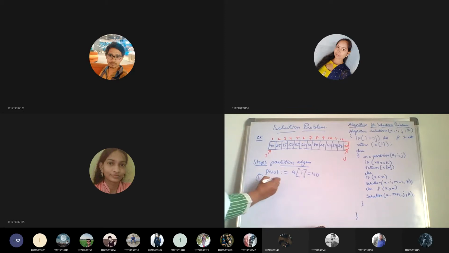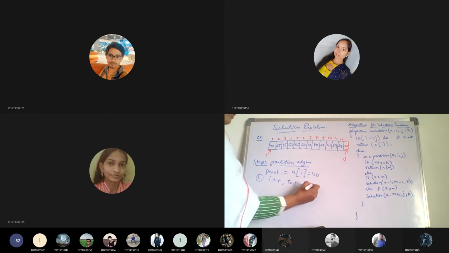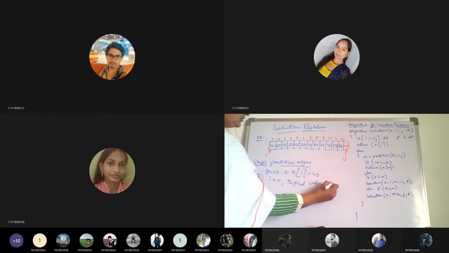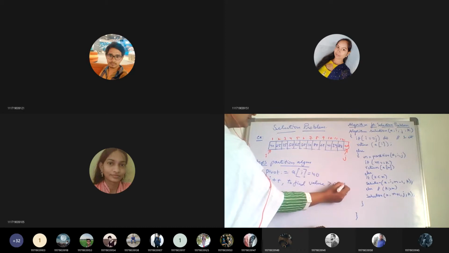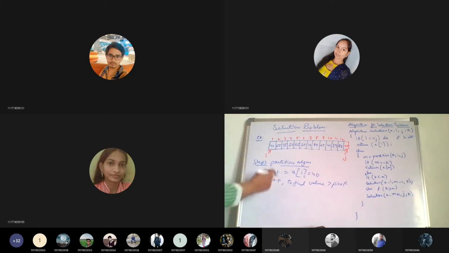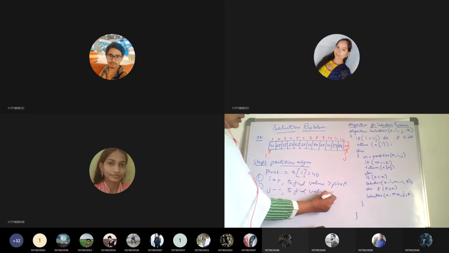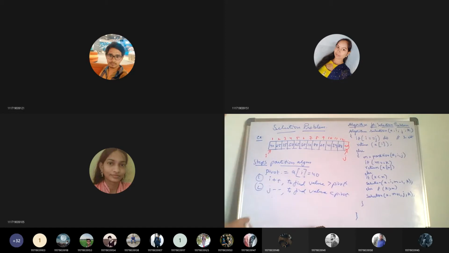In this first step you have to increment i until you find a value greater than pivot. Next, you have to decrement j to find a value less than pivot. Yes or no?